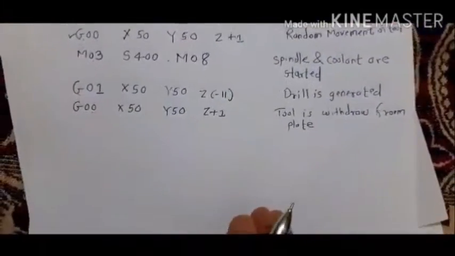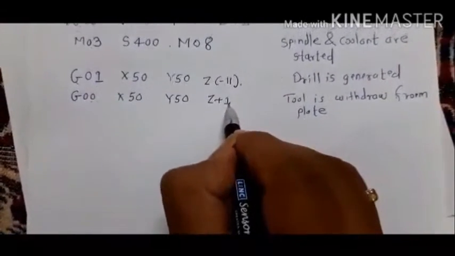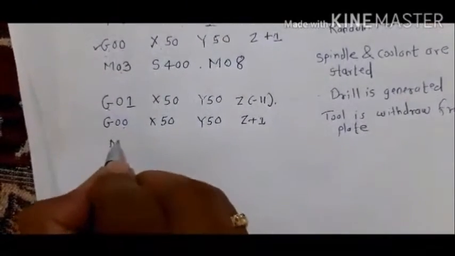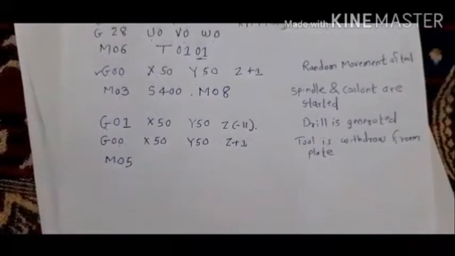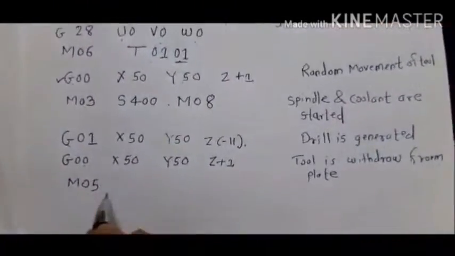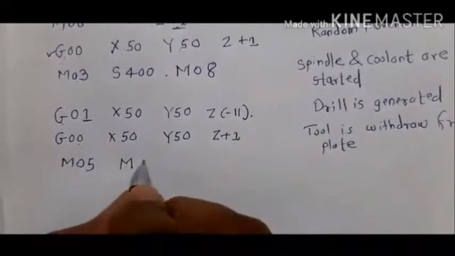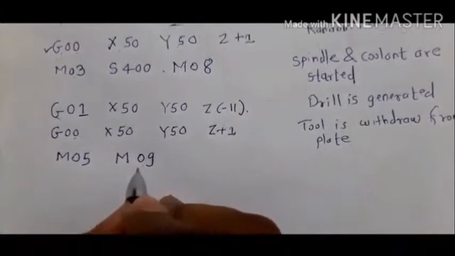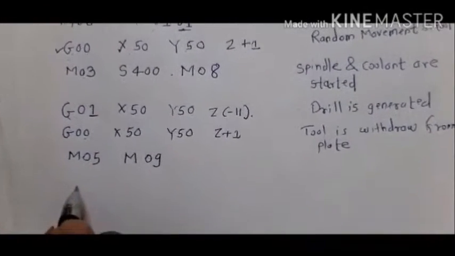Now you can stop the spindle after this step or after this step. There are both options for you. So I will stop the spindle after this step. M05 is the code for stopping the spindle that we have learned in previous video lectures. Then we will stop the coolant. So keep some space in between these two, that we write by using code M09. Then we have to move the tool to its